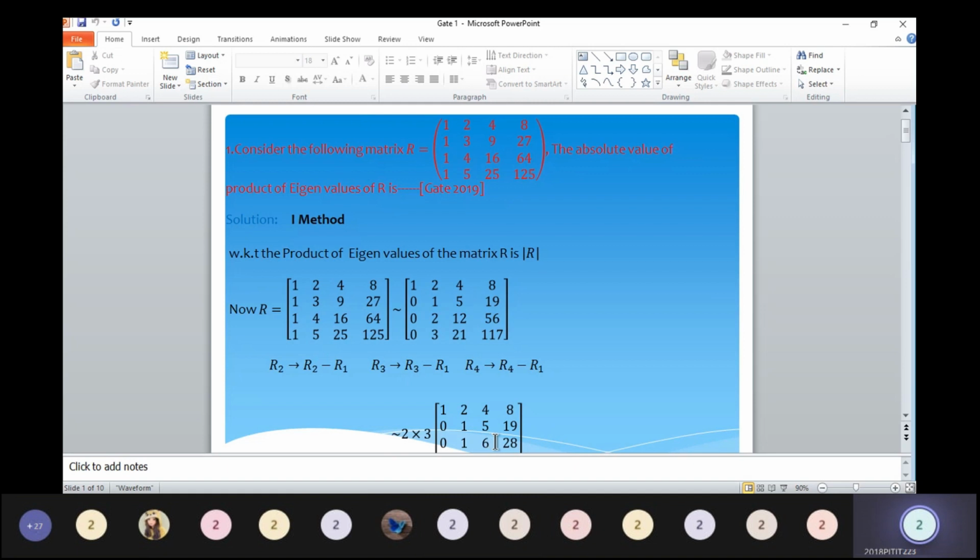So first of all, is it a square matrix? Yeah. Only for a square matrix can we find the characteristic equation. The characteristic roots are called eigenvalues of the matrix. Okay. So it is a 4 by 4 matrix. It is possible. So I want to say the characteristic equation of 2 by 2 and 3 by 3 matrices and the general equation of the given matrix of order n.